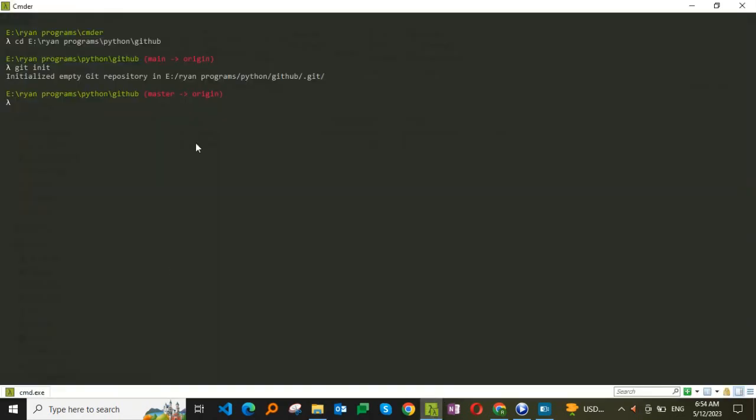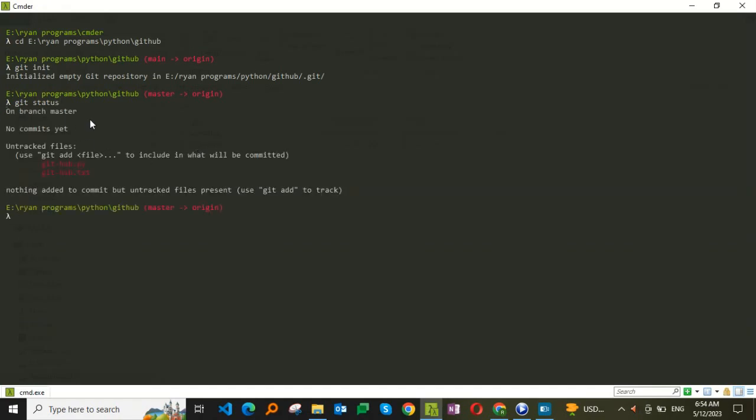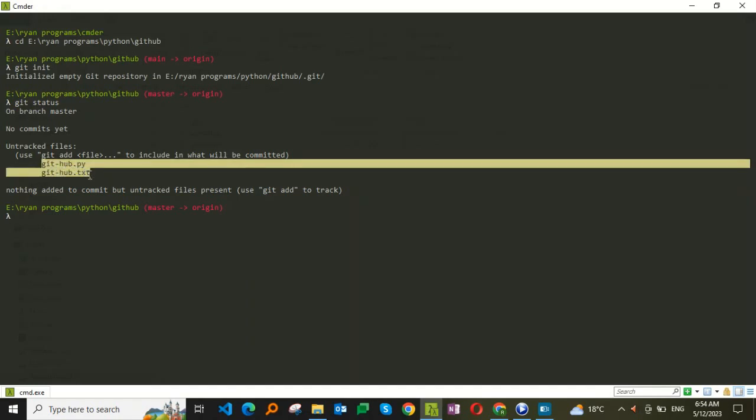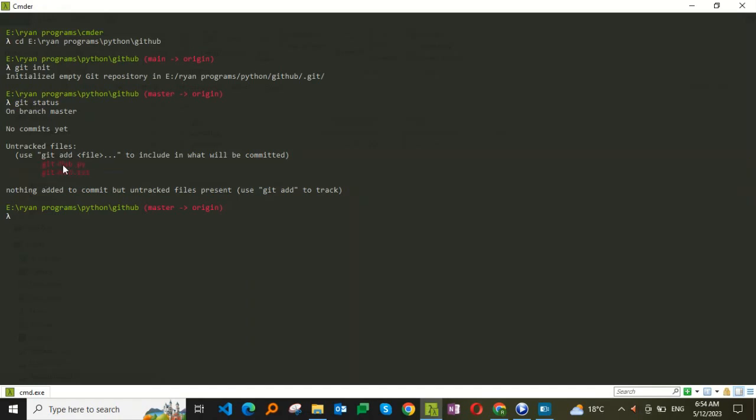So now that git init is done, I will do git status, which is like this. It shows you the status, and it says on branch master, no commits yet, untracked files. Now that's not good. You see it's dark red, my 2 files in it, and nothing added to commit because untracked files. So first of all, I'll have to do git